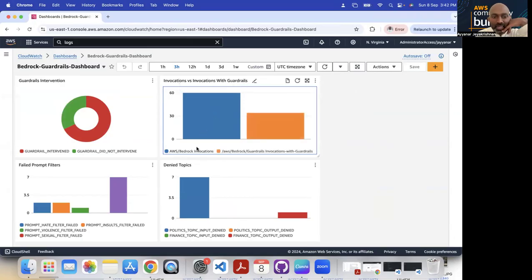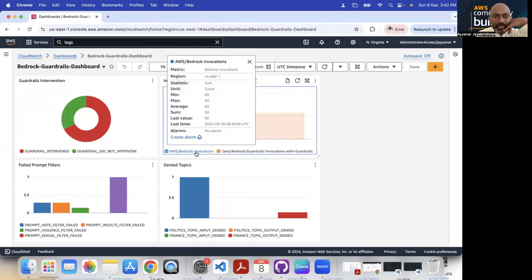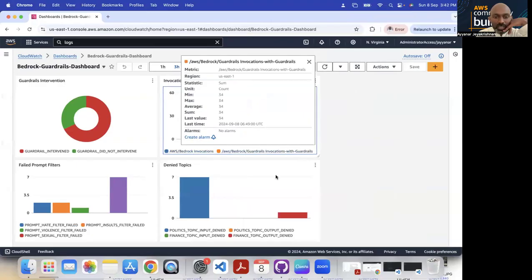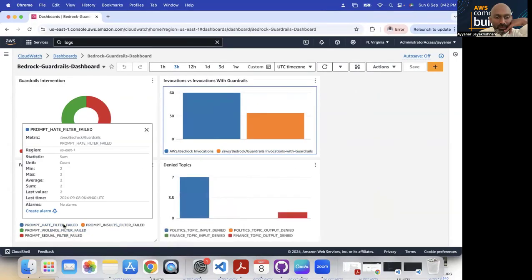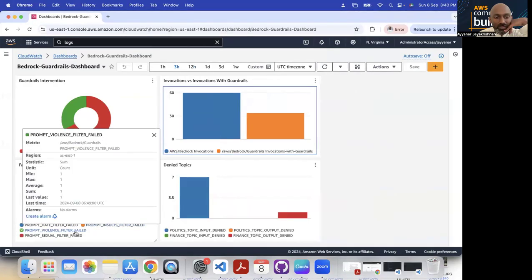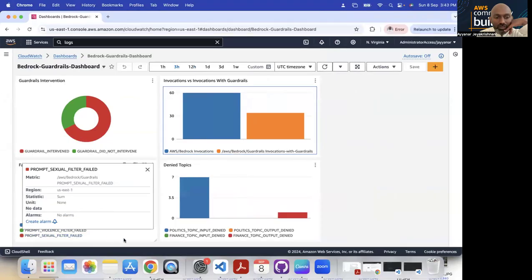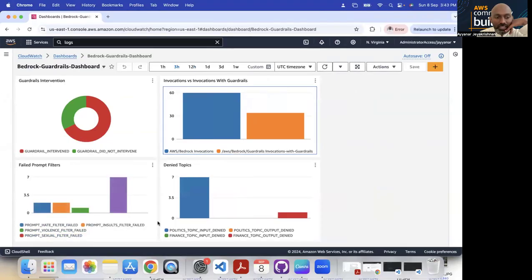This is invocation, and these are the topics: the prompt hate filter, insult filter, violence filter, or sexual filter.